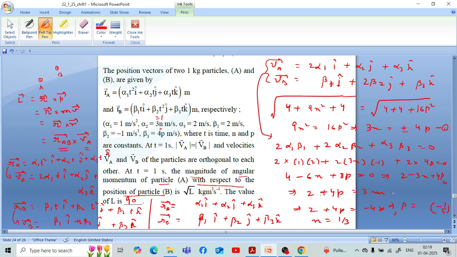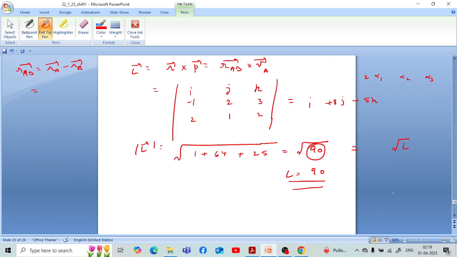इस समय n और p की वैल्यू मिल गई। n की वैल्यू 1/3 मिली, p की वैल्यू -1/4 मिली। ये वैल्यूज हम पुट कर सकते हैं, इससे कि हमारा r_a और r_b जो है सीधे सीधे एक तरह से कांस्टेंट और i, j, k की फॉर्म में स्ट्रेट अवे आ जाएगा। तो नेक्स्ट पेज पे हमने फिर जो है एंगुलर मोमेंटम कैलकुलेट किया है।